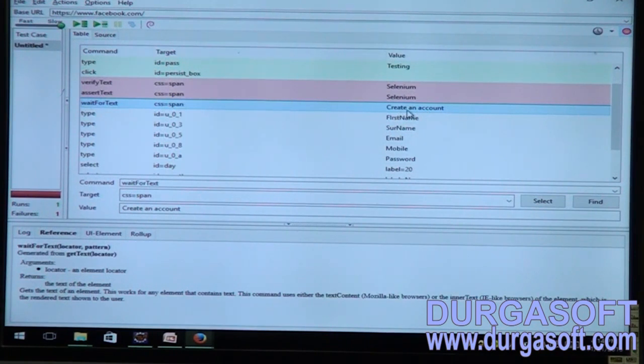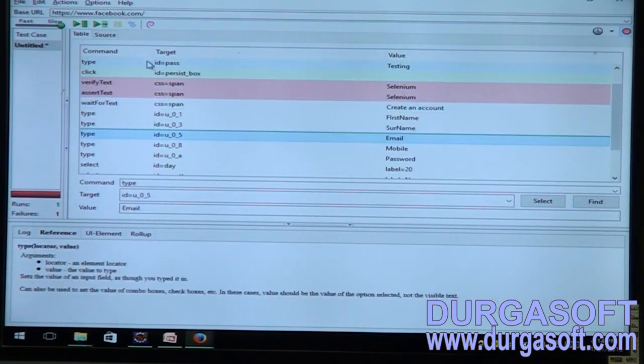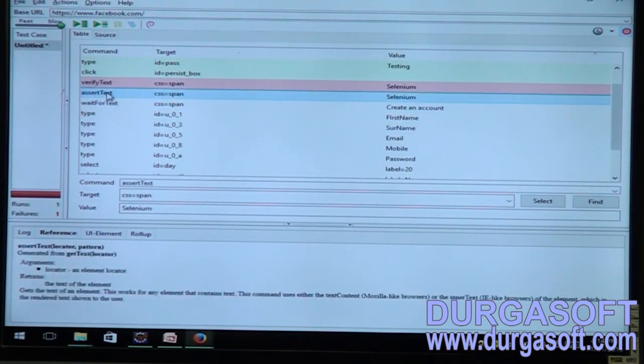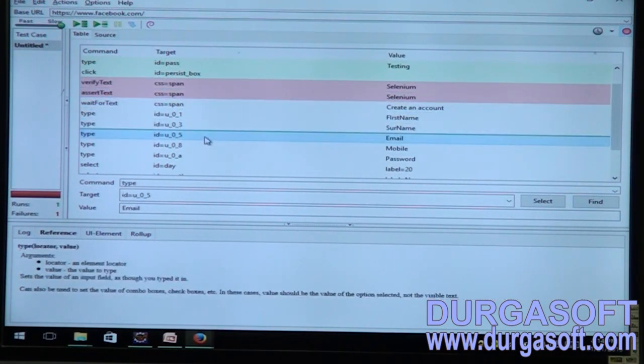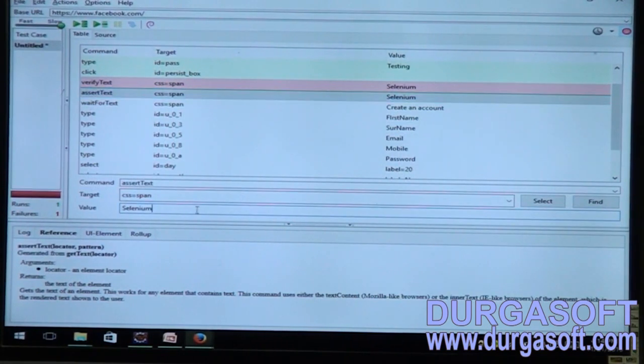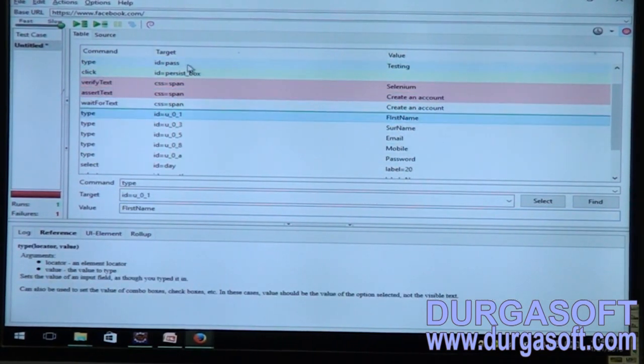What does this wait for text do, team? Obviously it will hold the script execution temporarily for some time, and then it will run. If it is not identifying any text there, then it will hold the script execution temporarily. Let us see, team. So we already know, can we run the script, team? Will it come to wait for text? Obviously no. Why? Because we have used an assert command, which is going to stop our script execution there itself. So let us change the value there. I am going to copy this value and change it over here. Fine team. Now let us run it.